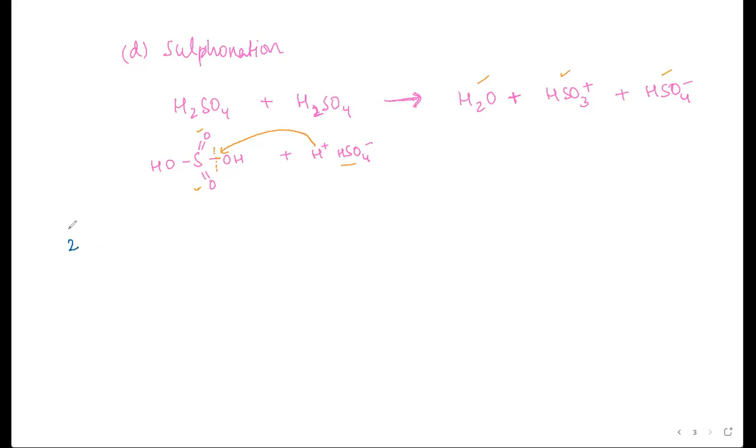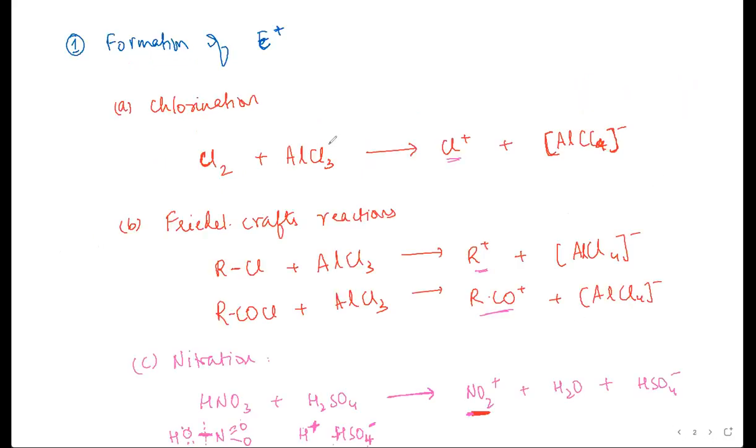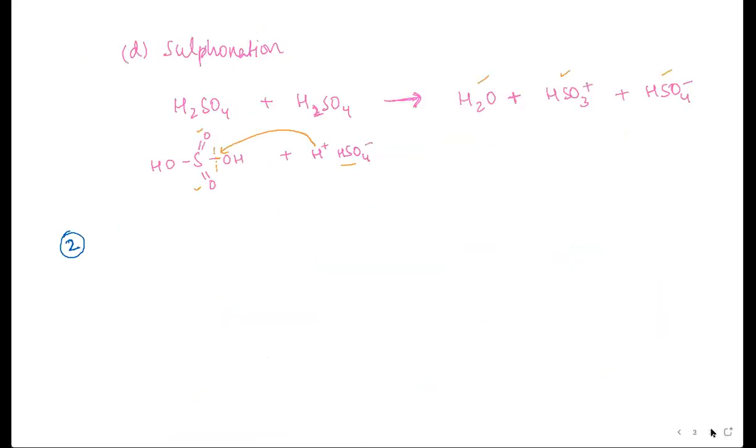So the next two steps in the mechanism are the same no matter which electrophile it is. As I mentioned, I'm representing the electrophile as E plus, so adapt to it based on the reaction that you are writing. If you're specifically focusing on Friedel-Crafts reaction, then you need to write R plus, or if they've outright told you what happens when benzene reacts with methyl chloride in the presence of AlCl3, then use the methyl group in place of the electrophile. No matter which electrophile is being formed, once you've got your electrophile,